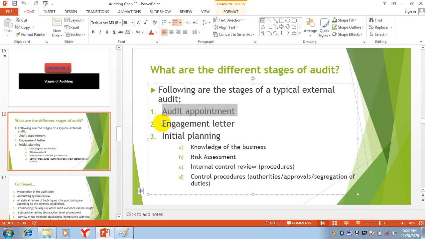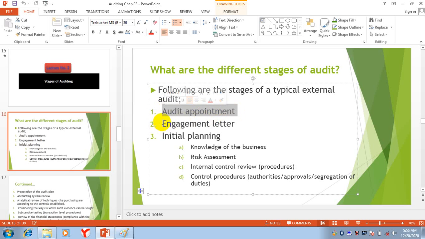Then there will be an engagement letter. Engagement letter means from which date you can start the audit. One is the audit appointment, that you are appointed as an auditor. You will be informed with a letter that you will audit this company.